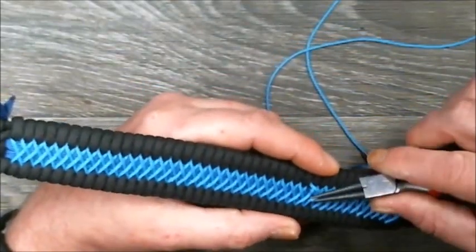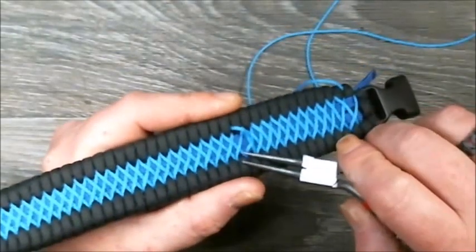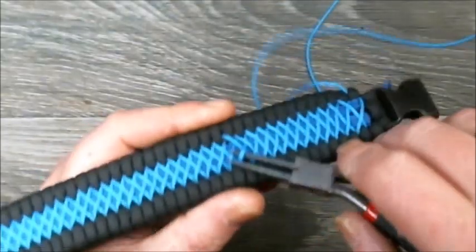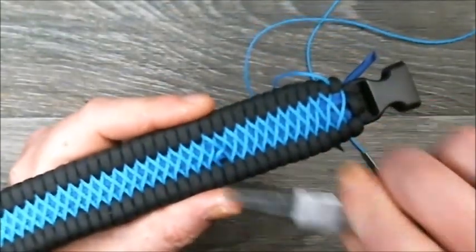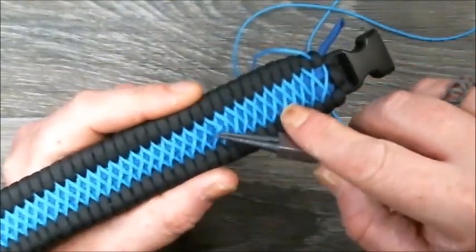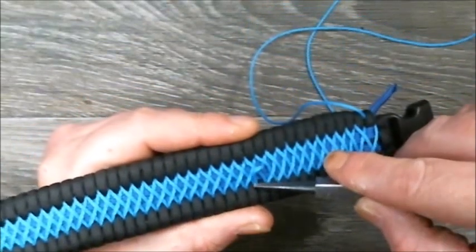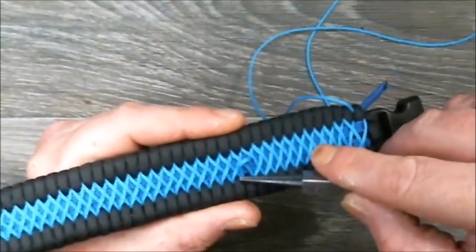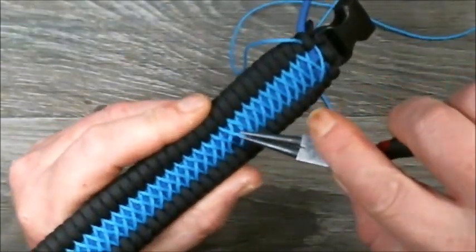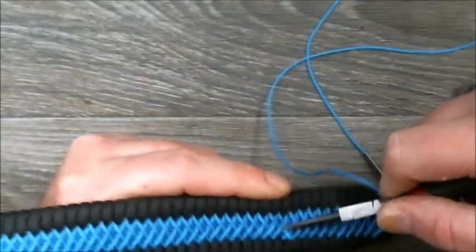I'll say this too. When you get a hold of this piece and you pull it, yeah, obviously you're going to pull it up to get the slack out so you can get up underneath it. But when you pull it, don't pull it up. Pull it toward that way, because that's the way you want it to go. And you want it right there where it's coming out of the black pieces. It's already flat where you want it to be. Same thing with this one. You do it the same way. You pull it, but then you kind of